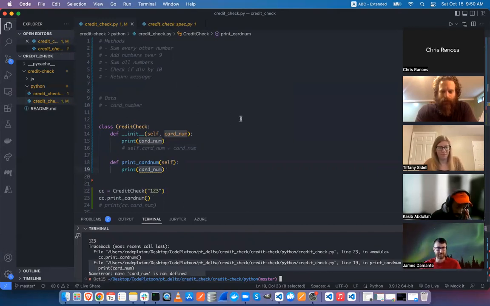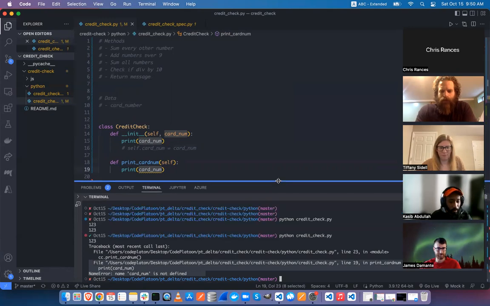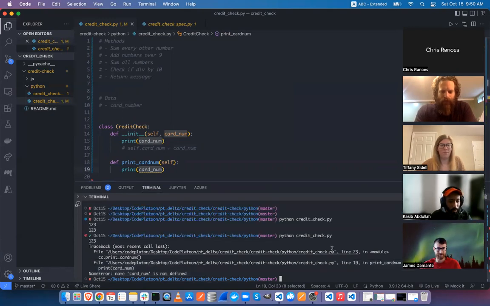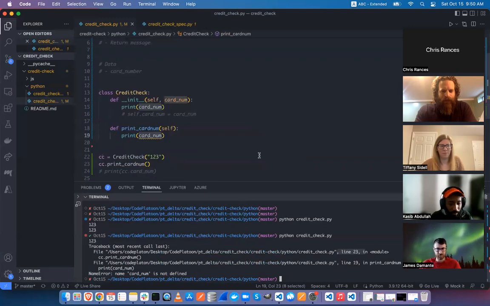And where is that error occurring? 19. Okay. So it looks like we also have 23 and line 19. 23. So what's going on there? Why do I have two different line numbers? 23 is where the call to the function happens. Yeah. So this is called